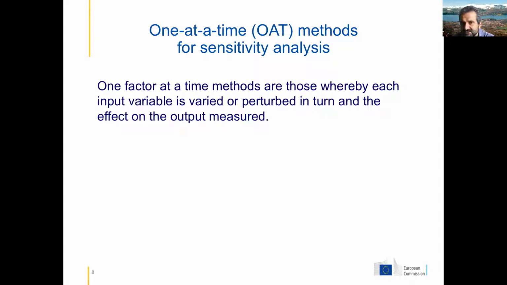This differs from the typical notion of sensitivity, which in the literature can also be defined as a one-at-a-time method. So a one-at-a-time method is a method where one factor, one parameter, is perturbed in turn, keeping all the rest constant at the baseline. So this is essentially a derivative-based notion. You have your central baseline point in the space of parameters, and you perturb one by one